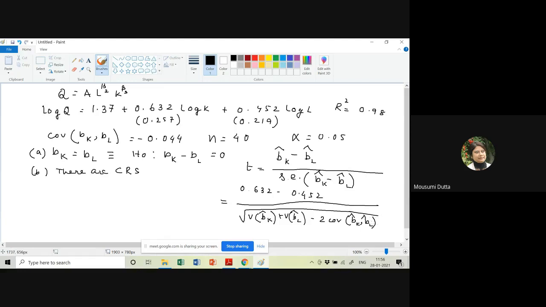The variance values you will get from the parenthesis. The standard errors are there, so we will take the square of these terms to get the variances, and the covariance value is also given. Once we plug all these values, we will be able to find the actual value of the t statistic,